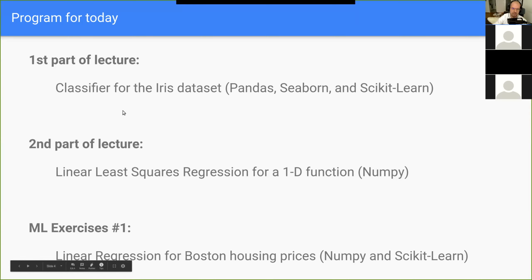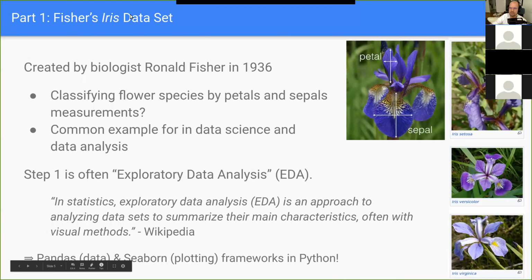Okay, so let's head into the first part, which is a dataset that is very famous in machine learning and data analysis, and it's called Fisher's iris dataset. It was created by a biologist named Ronald Fisher in 1936. Ronald Fisher was a statistician and biologist, and he was very obsessed with categorizing things by using statistical tools.